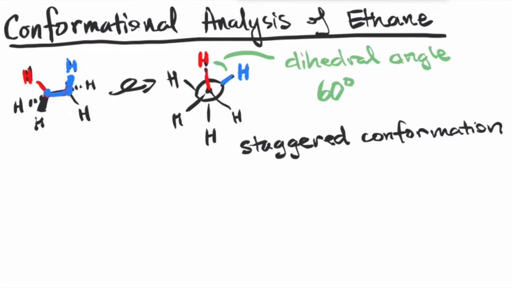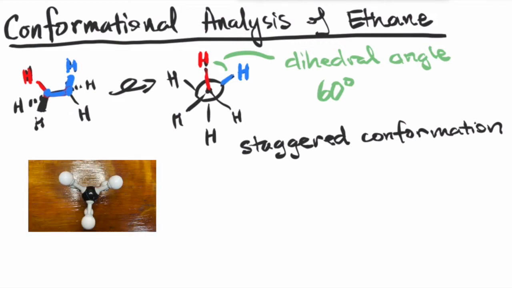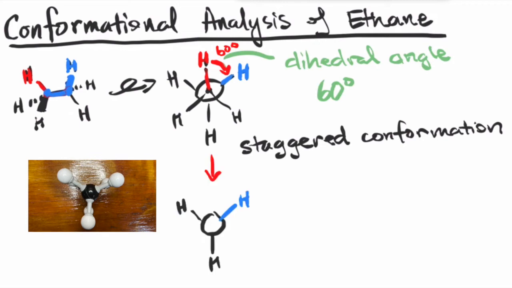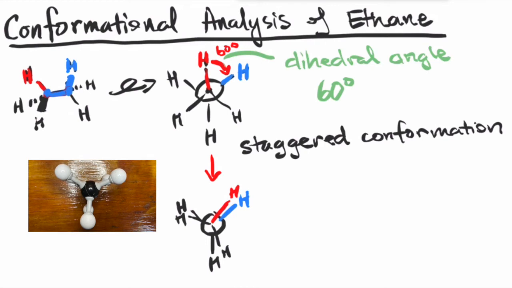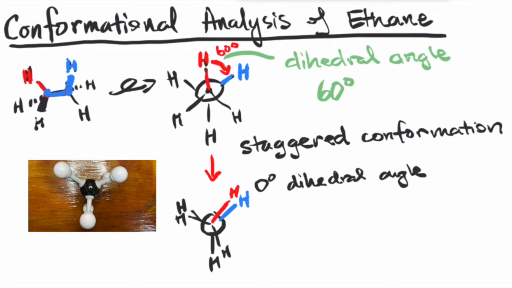Now, as the dihedral angle gets smaller and smaller, when it goes to 0 degrees, where the hydrogens in the front overlap completely with the hydrogens in the back from this perspective, we have a different conformation. Let's go ahead and rotate the front carbon clockwise 60 degrees. So the atoms in the back do not move, but the atoms in the front have moved. And I'm trying to draw it so that you can still see it, but technically they are covered completely, right? So the dihedral angle now is 0 degrees. As the hydrogens in the front are covering the hydrogens in the back completely, they are totally eclipsed, right? This is called the eclipsed conformation.